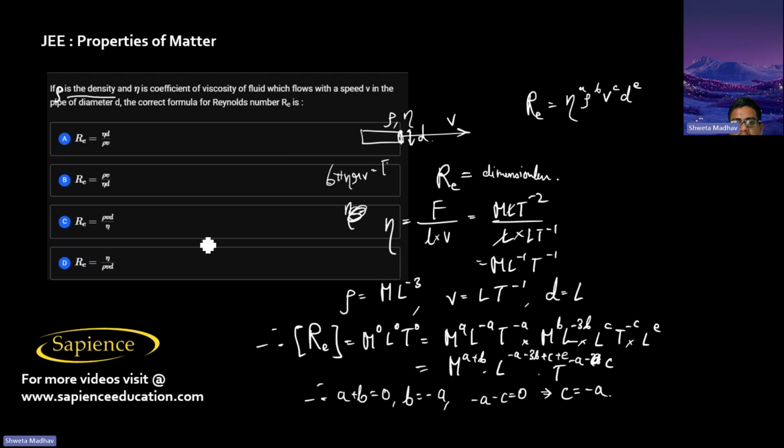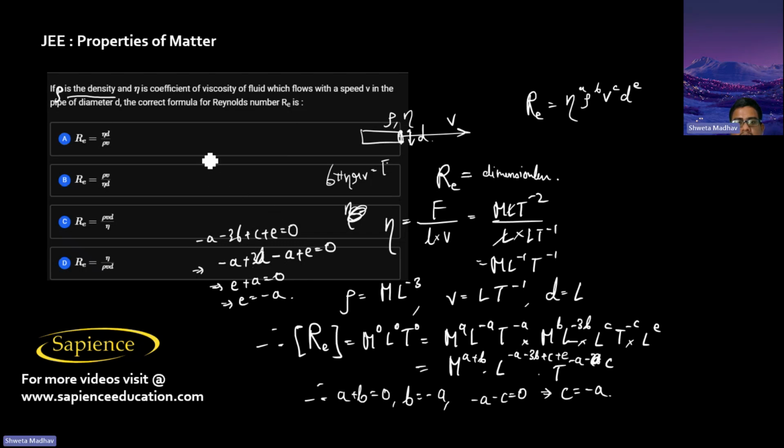Now therefore, minus a minus 3b plus c plus e should be equal to 0 also. So it means c, that is minus a minus 3b, that is plus 3b plus 3a minus a plus e, that should be equal to 0. So 3a minus 2a, that is plus a, plus e plus a is 0. So e is also minus 8. So therefore,